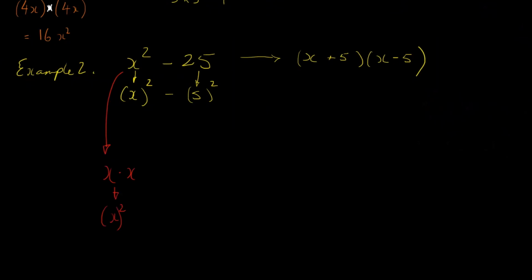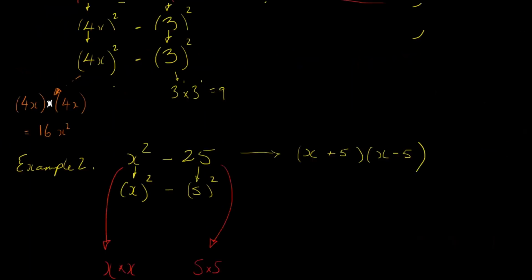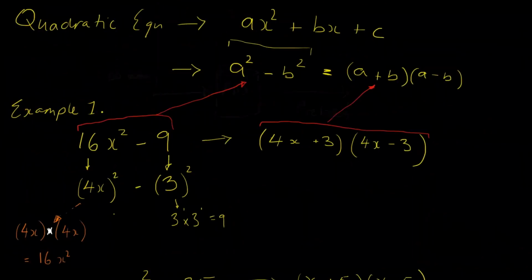I can also express 25 as a square. It'll be 5 times 5, which is equal to 5 squared. So therefore, this rule up here, remember we were looking at this rule, if I have a number or a series of numbers like this,